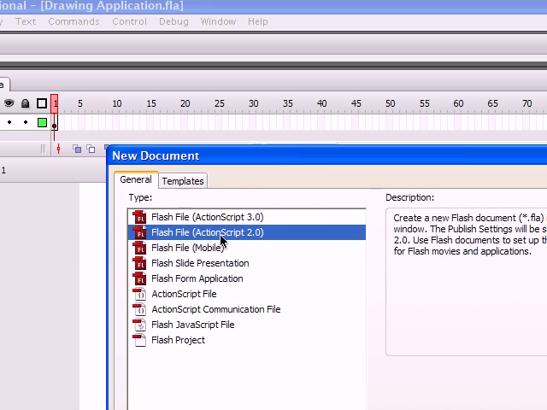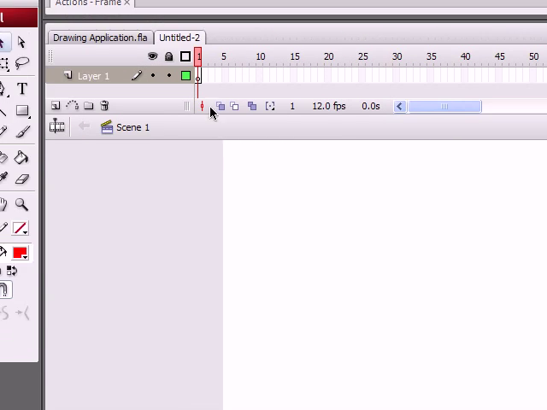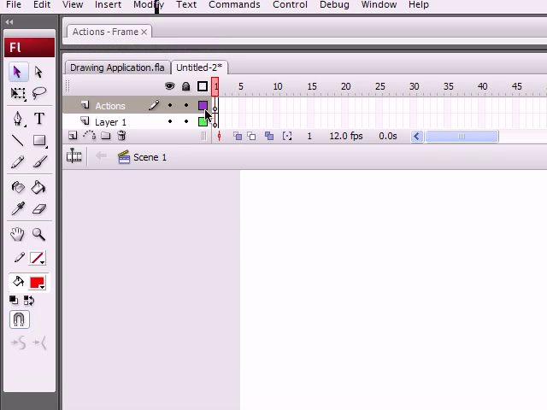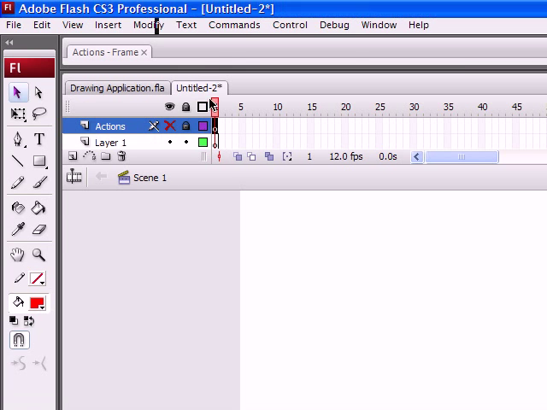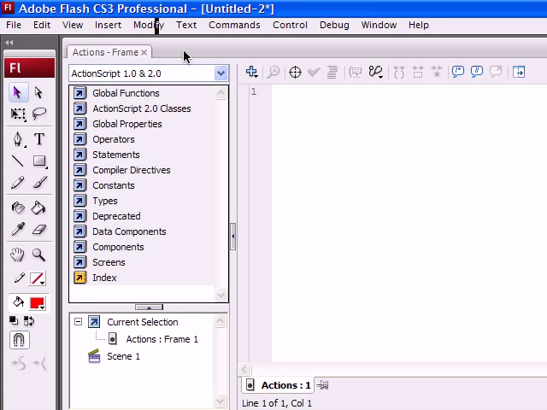So let's start by creating a new Flash ActionScript 2.0 file, and make another layer, and just name the layer anything. I'm just going to name mine Actions. I'm going to lock and hide this layer, because we're not going to draw on it. And then after you have that, select frame 1 and then click on your actions, and then you'll be in